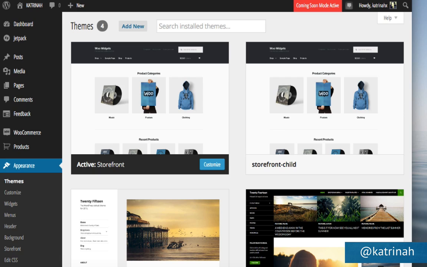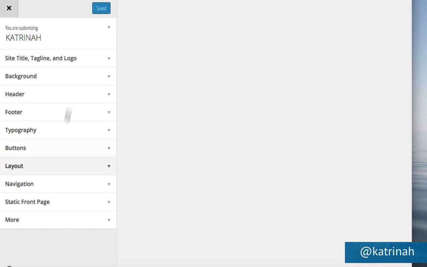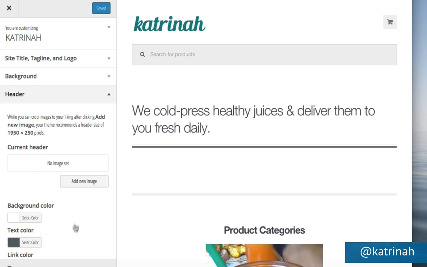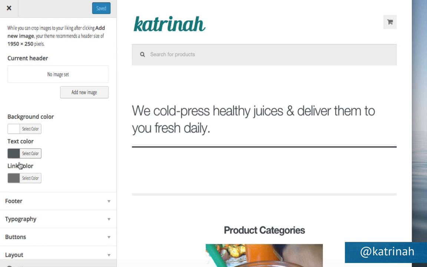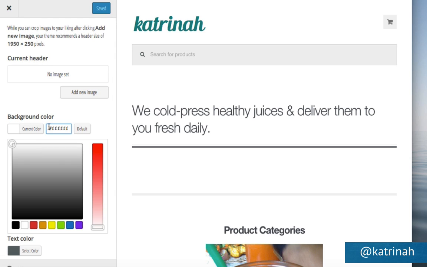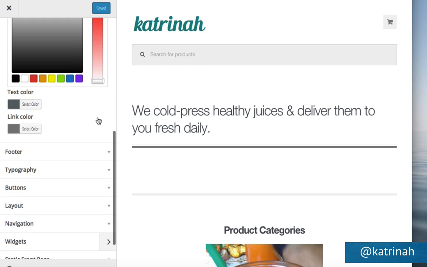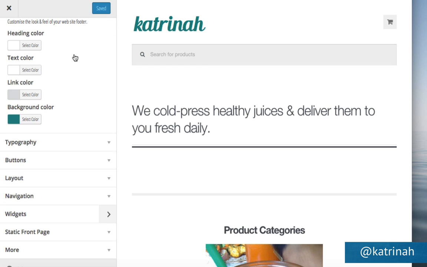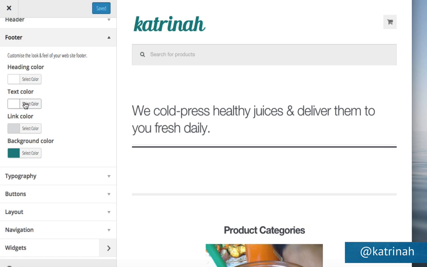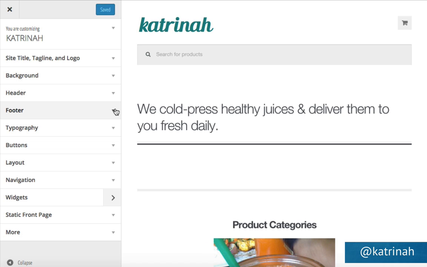So you just want to make a note of those by going to Customize right here on the left-hand side. Then we'll see that there's the header colors right here. You see we have the background color, text color, and link color. You want to make a note of those colors. And then also for the footer, same thing. You just want to make a note of the different heading colors, text colors, link and background colors. These are the main things that are going to change within our theme when we activate the child theme. The good news is that if you ever forget what the color codes are from the parent theme, you can simply find them by reactivating the parent theme.